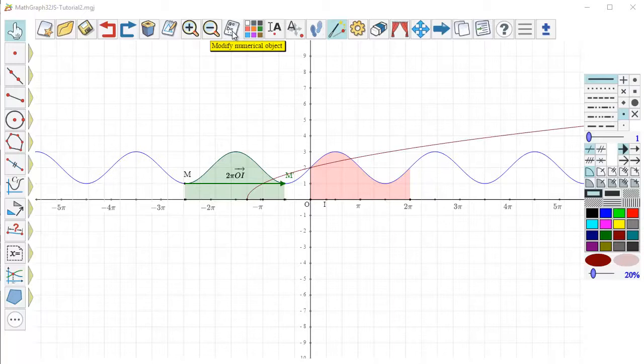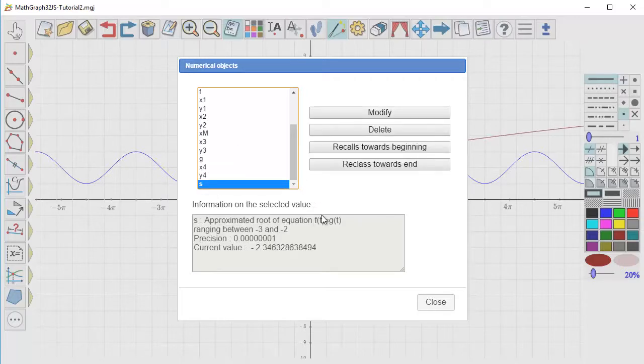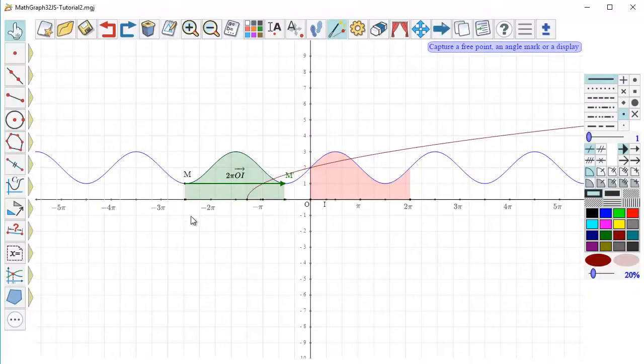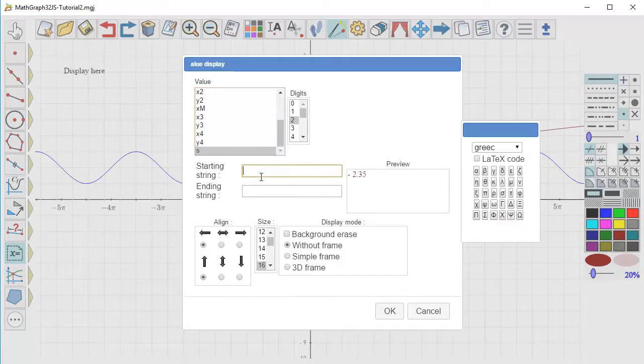Now, if I click on this icon, I can see all the numerical objects created. At the end of the list, I can see S value and the current value. I want to display this value on the figure, so I use this tool, value display. I click, for instance, on the top left corner of the figure, and I want to display the S value, starting string S. I use math,